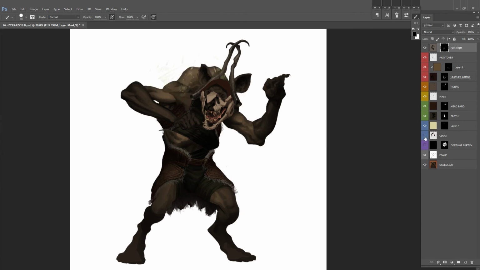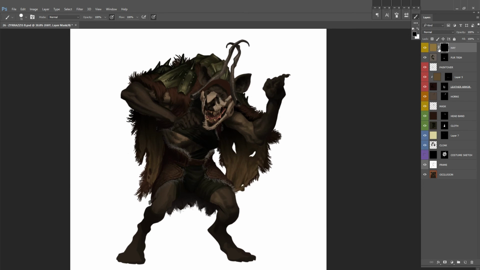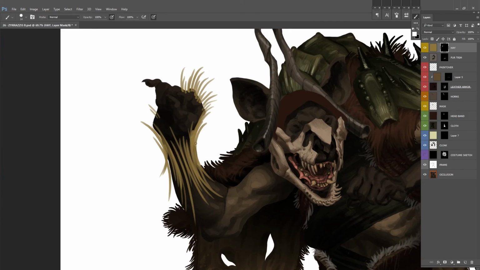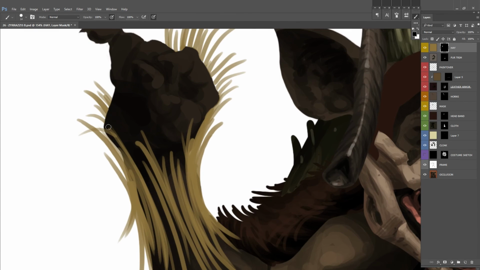So yeah, for the most part, everything is just blocking it in. That's got to be there. It's got to be visible. I put in this straw here. The original illustration didn't have this straw. She just sort of had some kind of wrappings around her wrists. But this one sort of made...